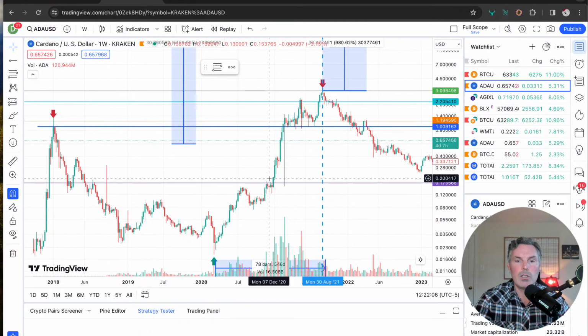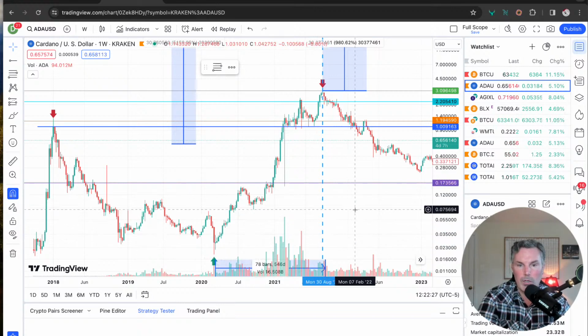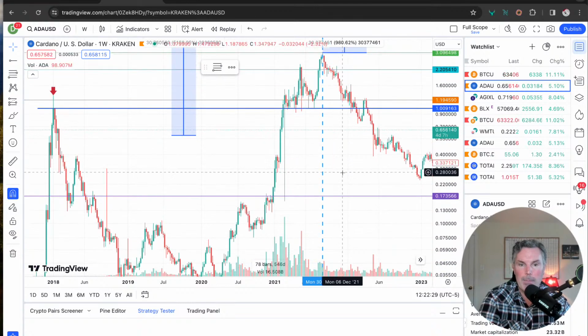Now, let's look at November. Where did Bitcoin have its press towards its previous all-time high we just looked at? It was November of 2020. And so right now the cursor is at that exact week of November, Monday, the 30th of November, 2020, right here. Now we're going to zoom in. We're not going to forget our spot.